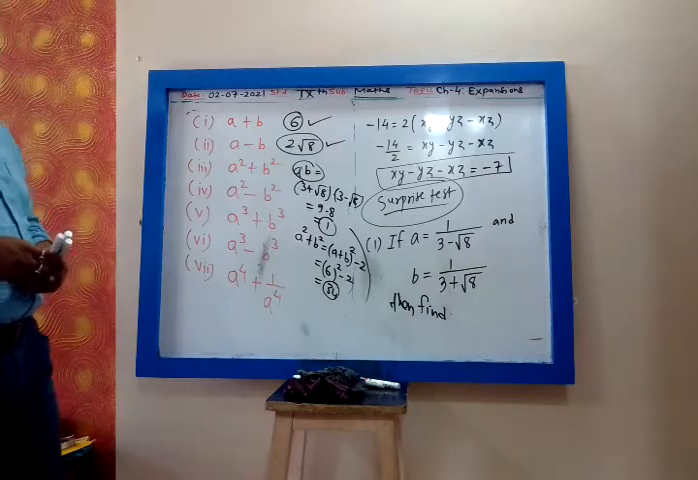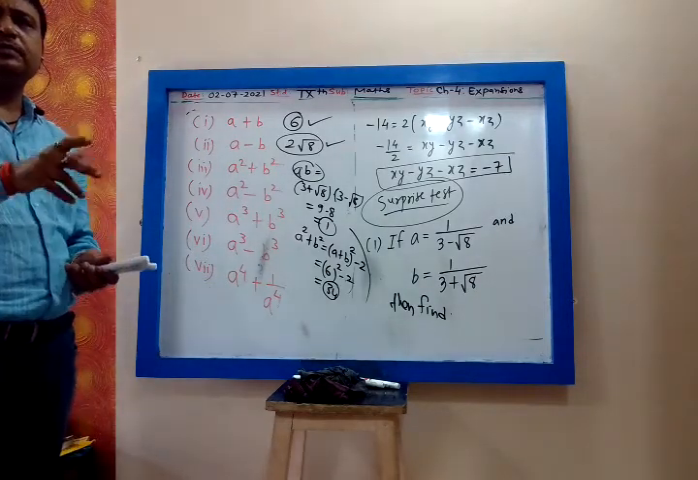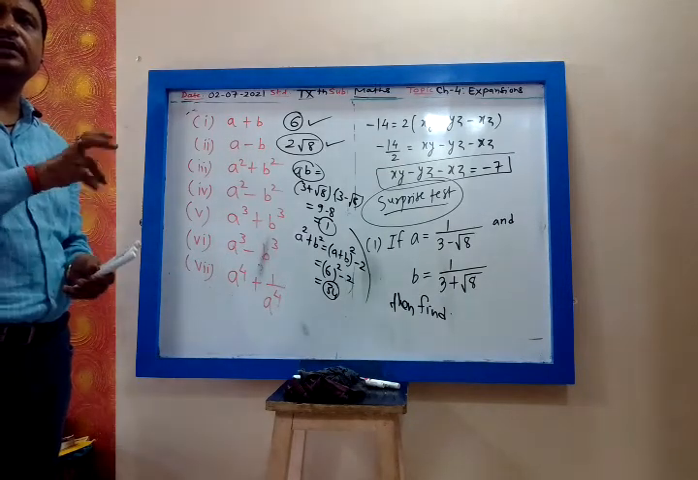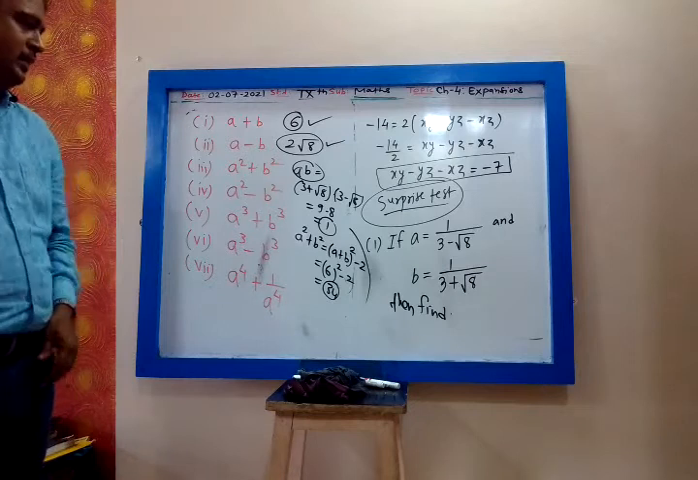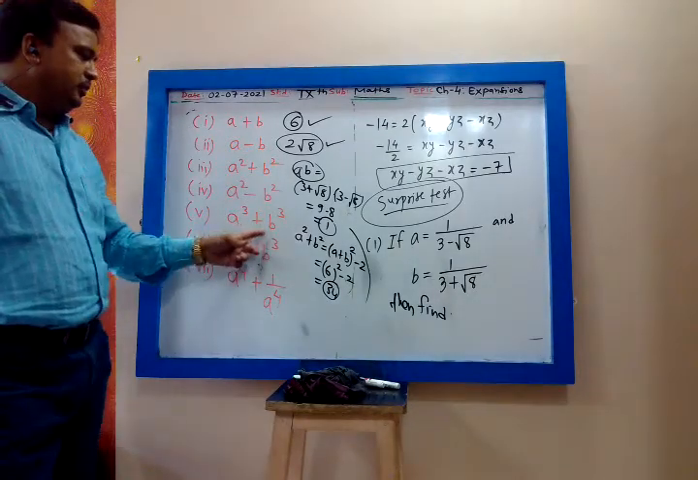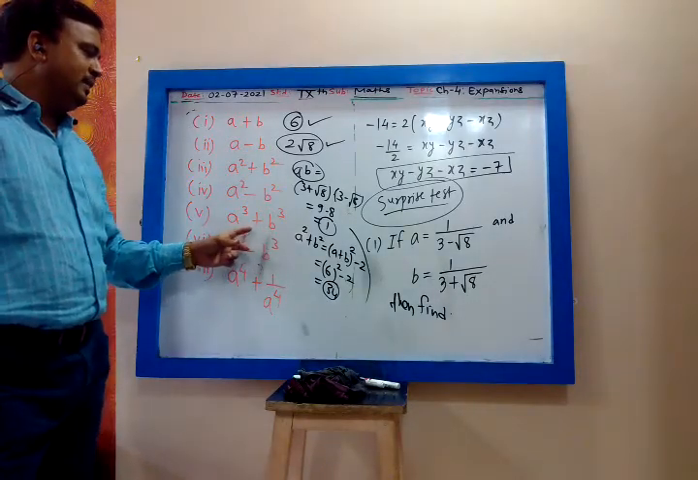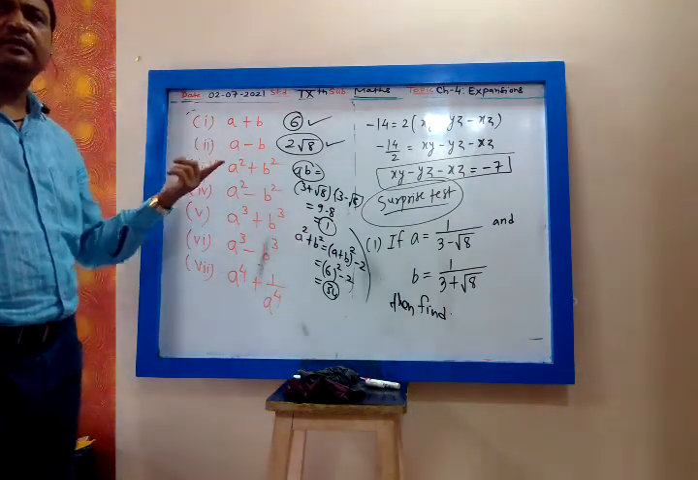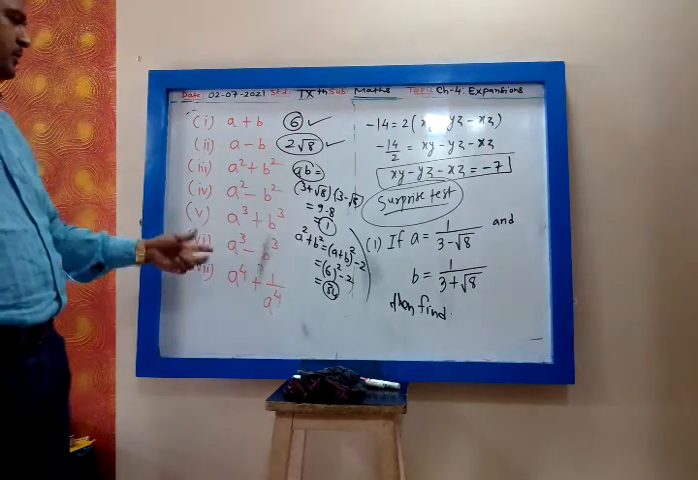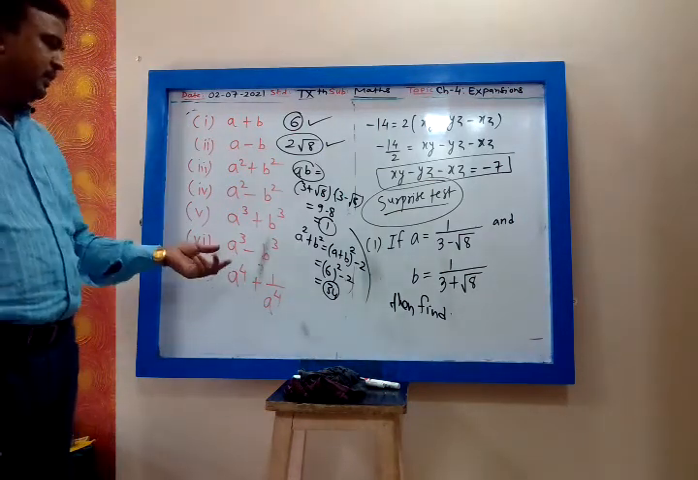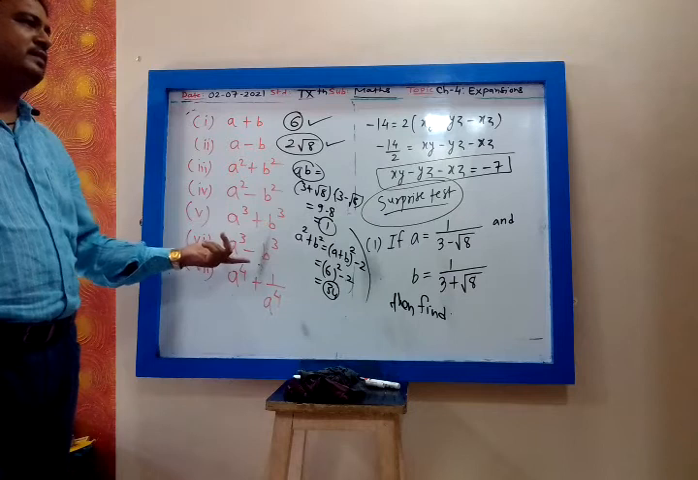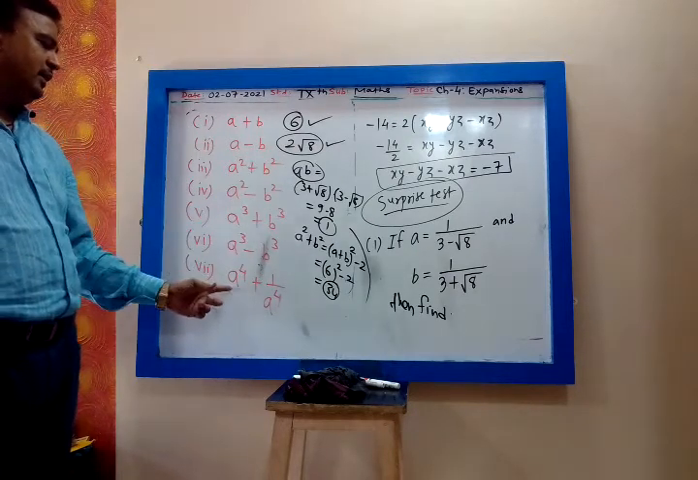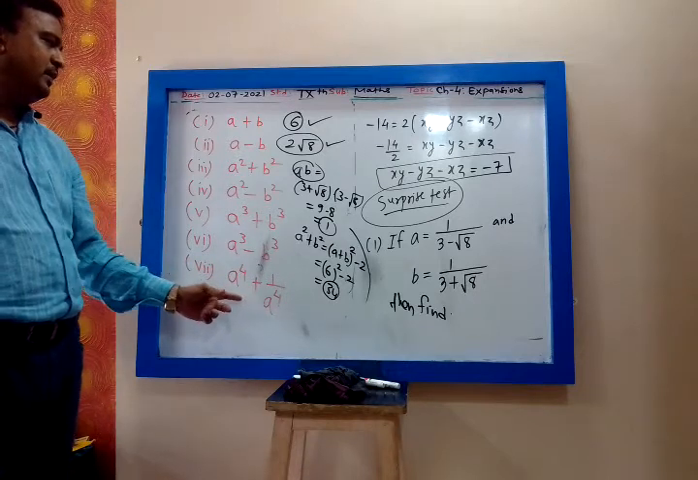Get a cube plus b cube. Use the formula: a cube plus b cube is a plus b whole cube minus 3ab into bracket a plus b. Substitute. ab is 1, a plus b you know. Substitute the value. A cube minus b cube will be a minus b whole cube plus 3ab into bracket a minus b. ab is 1. That's all. A raised to 4 plus 1 upon a raised to 4 will be